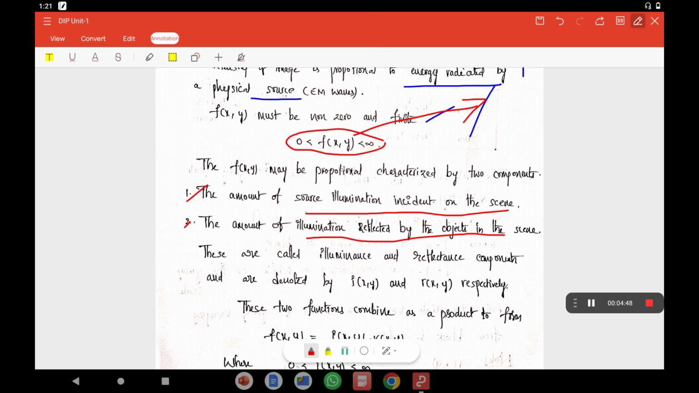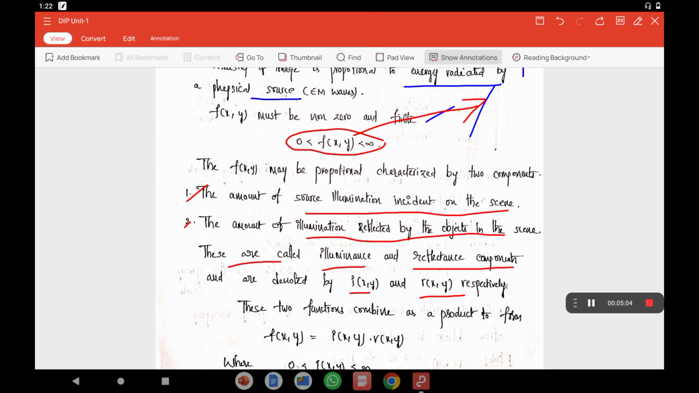Okay, these are called illumination, and the second one is nothing but the reflectance component. It can be denoted as I of x comma y, which is the illumination component, and R of x comma y is generally called the reflection component. Based on this, we can represent